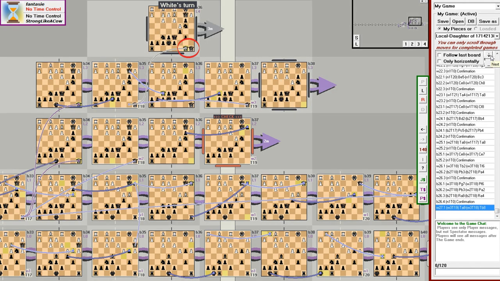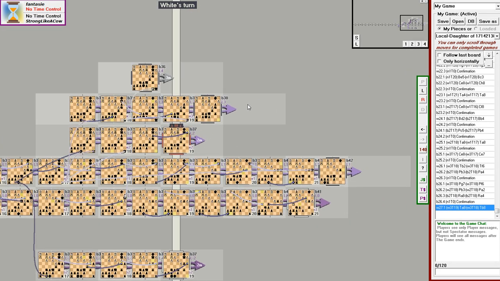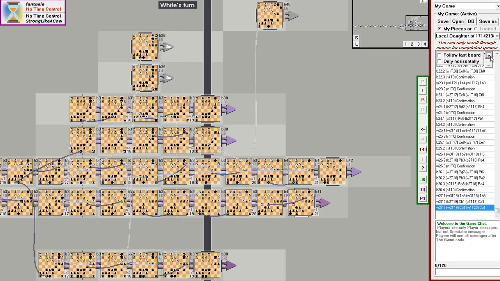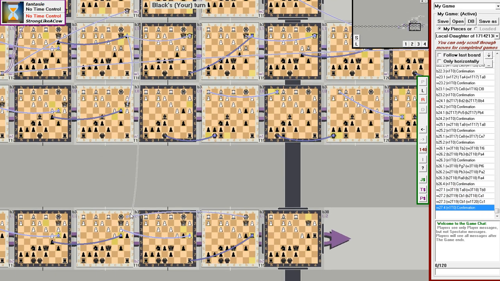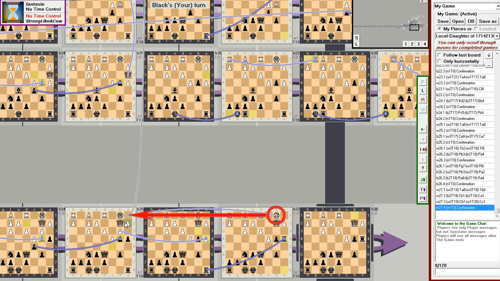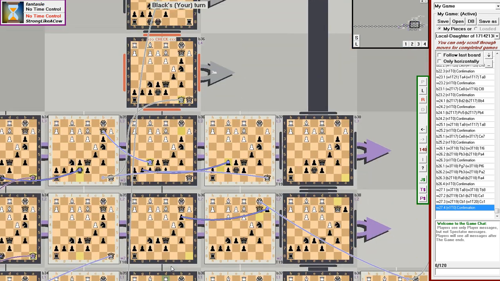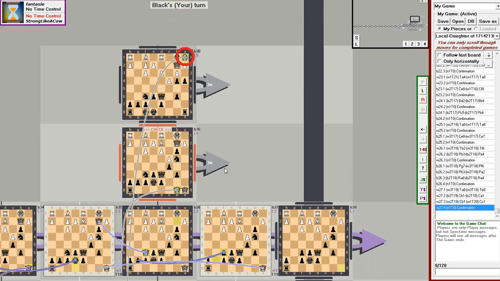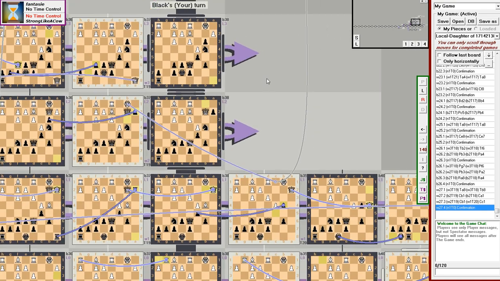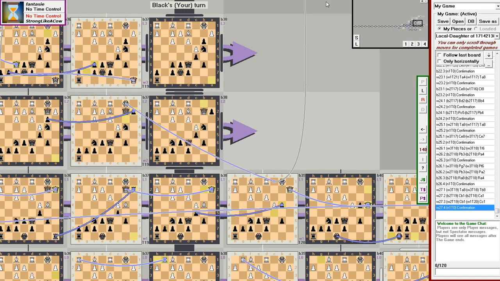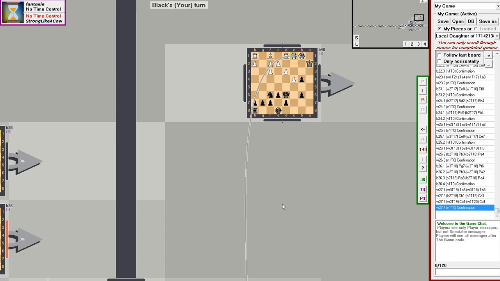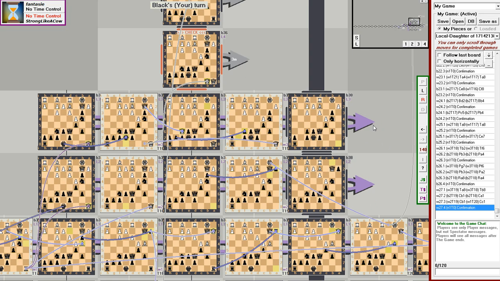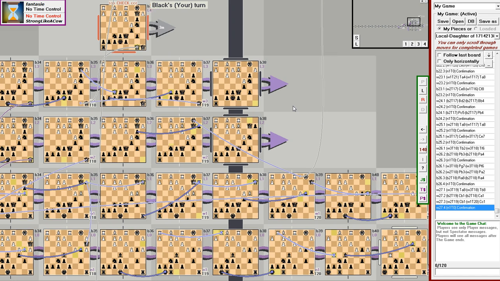It seems White is setting a trap and trying to escape with their Caesars. I suspect they thought that if Black created another universe, White would have a double check from these two Tsarinas.